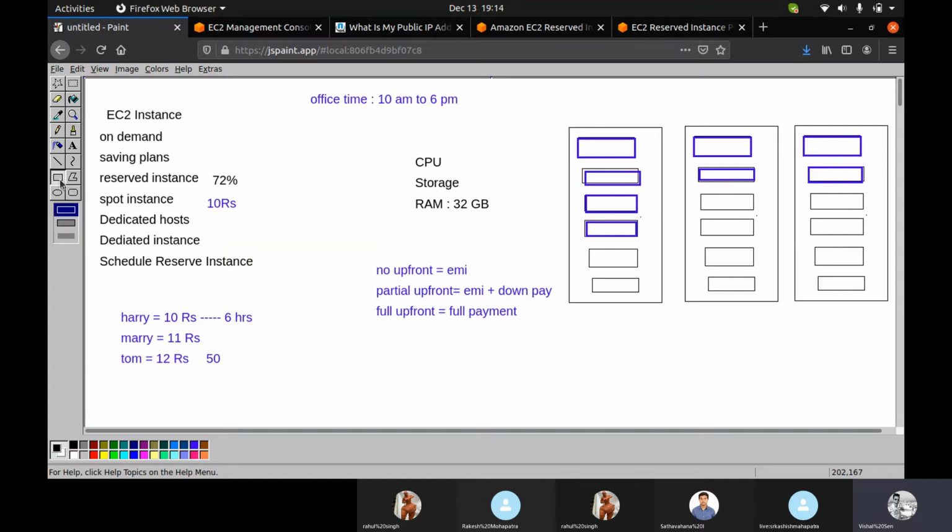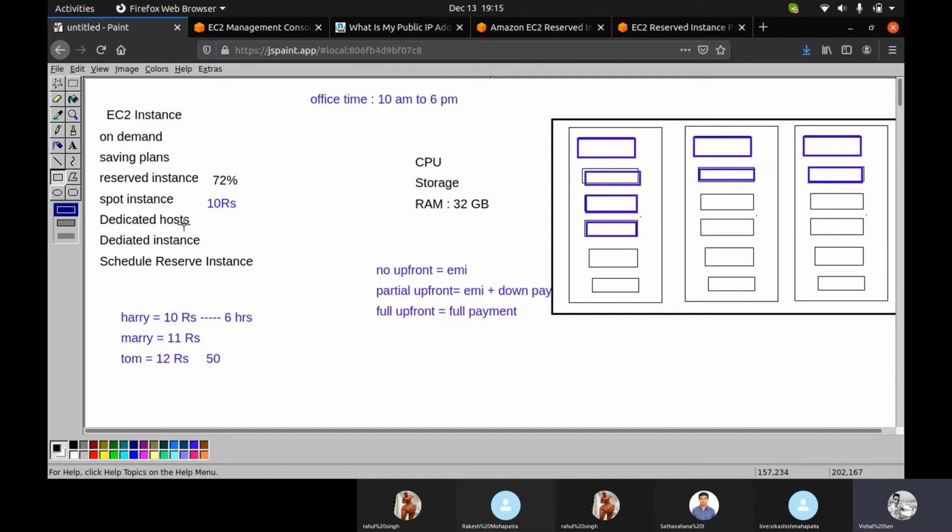Inside the data center we actually have more servers, but for the example we have three hypervisors, and all the hypervisors have a virtual machine running. So with the dedicated host, AWS provides us a